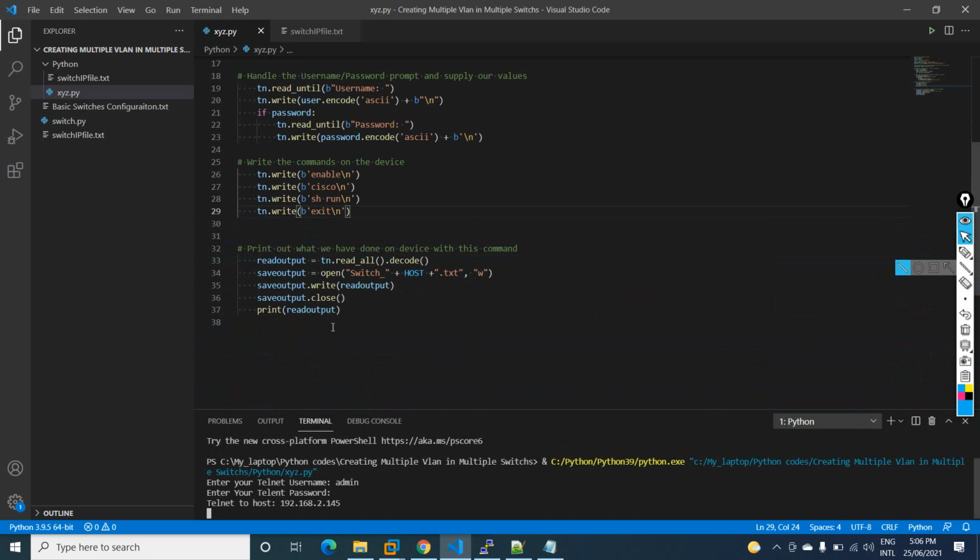This one you understand, right? What we are doing here is whatever output we get, we are storing in one variable, and with this one we are creating a new file and putting it in one variable, and again we are writing whatever output we get in that variable with the help of the write function. So it is going inside this file, then we are closing that file and printing that one, so it will come here. So let's see what we are getting.